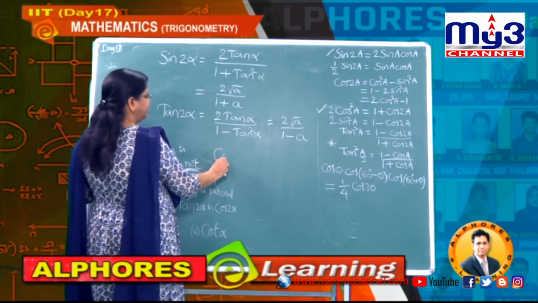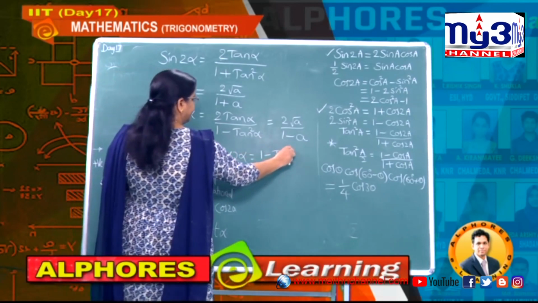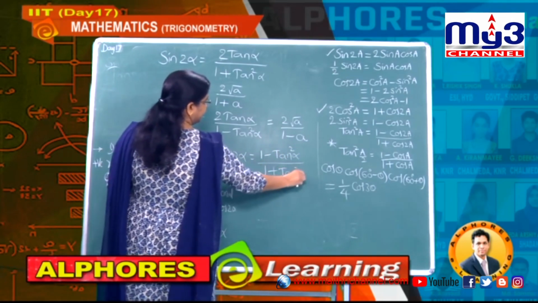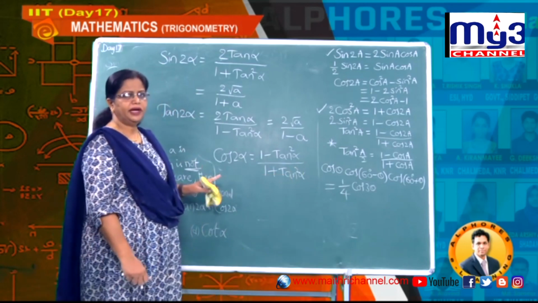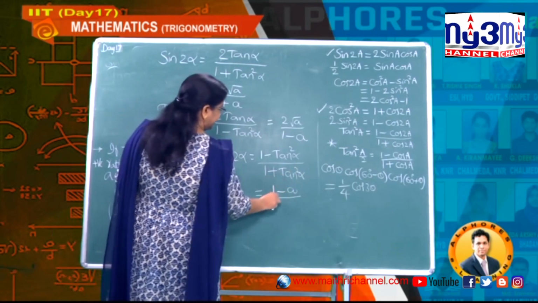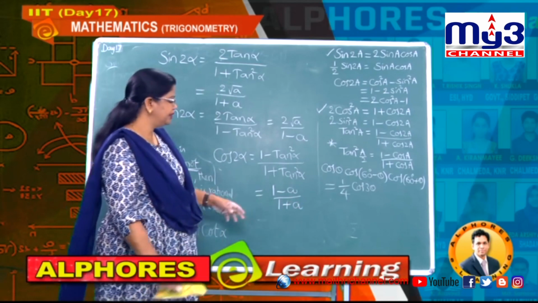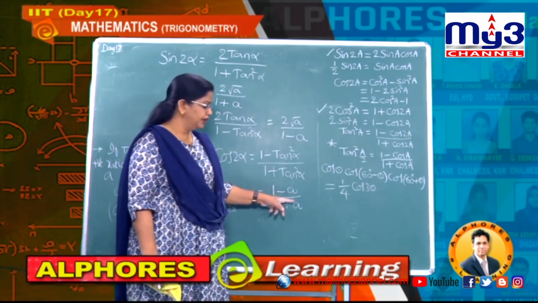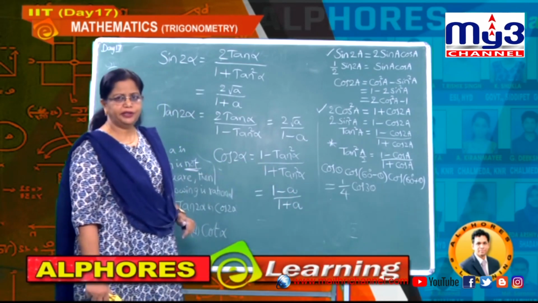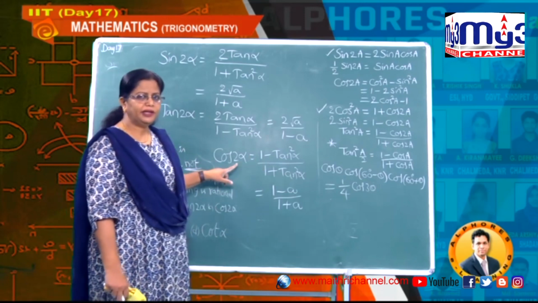And the next value, students, cos 2 alpha is 1 minus tan square alpha divided by 1 plus tan square alpha. This is the formula. All you are doing is using direct formulae. Now tan square alpha means a, so it is 1 minus a here, and this one is 1 plus a. Now students, you observe a is a rational number and here also the same, that means this entire thing is again a rational value. Therefore, among the 4 options, this is exactly the right option.